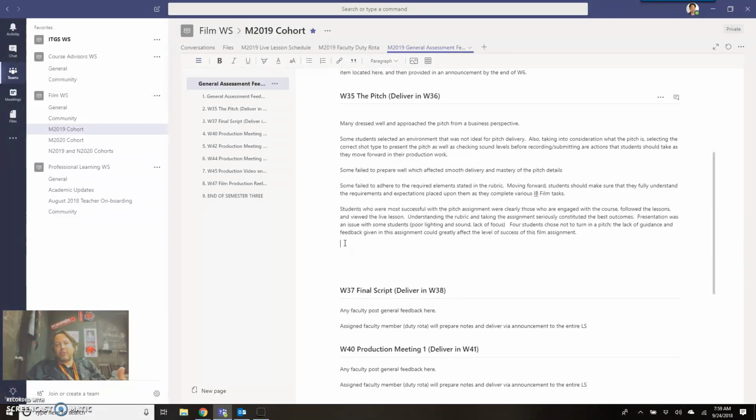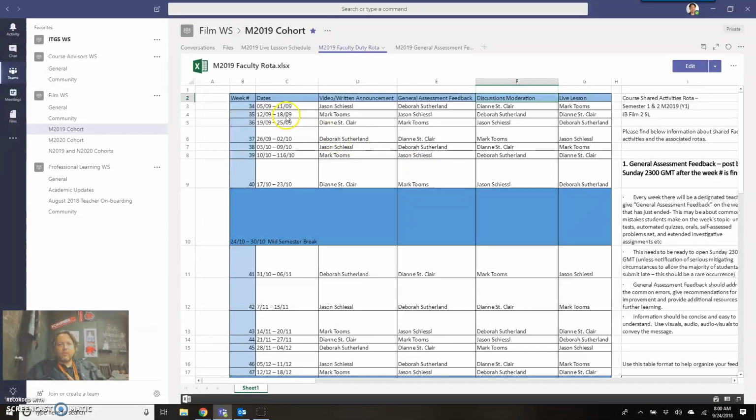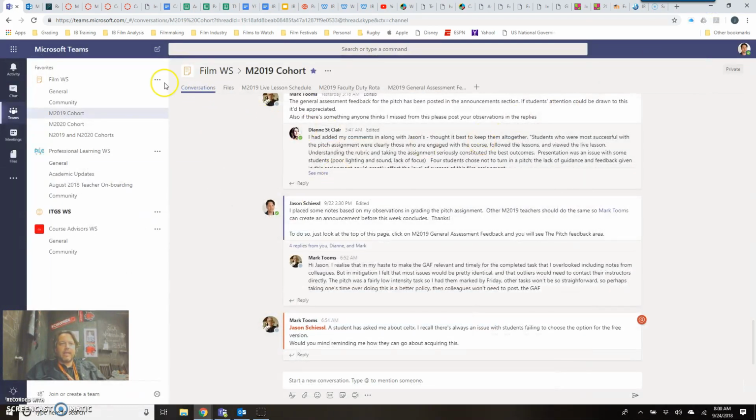And then the person that's in charge, and we find out who's in charge by looking at the faculty duty rota, that person then will, again, deliver this through an announcement. So if we look and we see on the rota that Mark was in charge of this particular week, in week 36, he was to do that. So what he does is he takes that information and then he goes into,